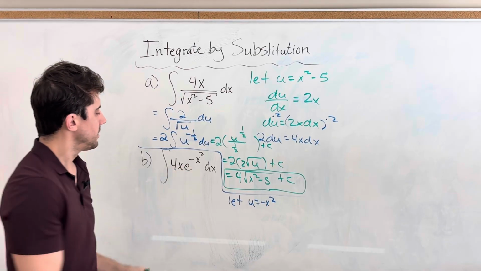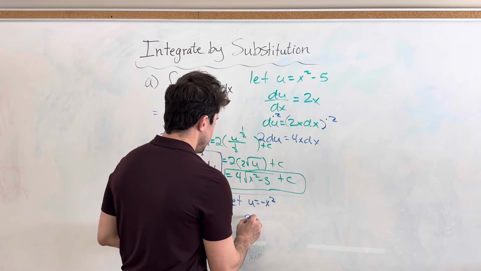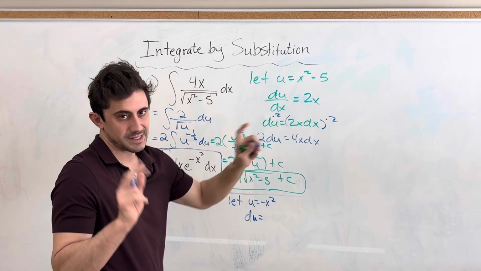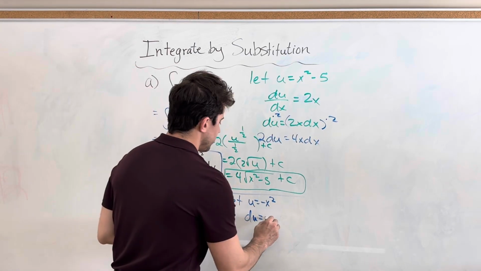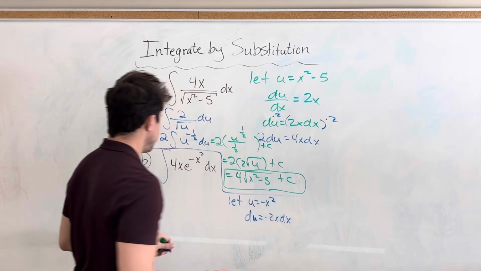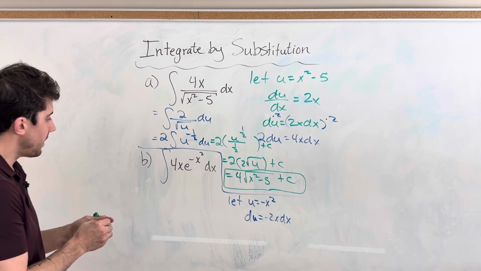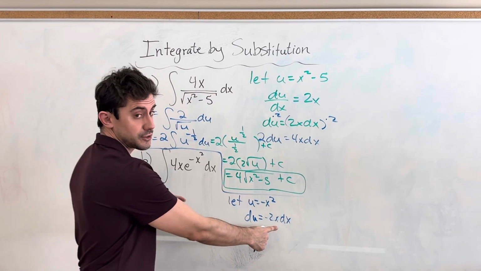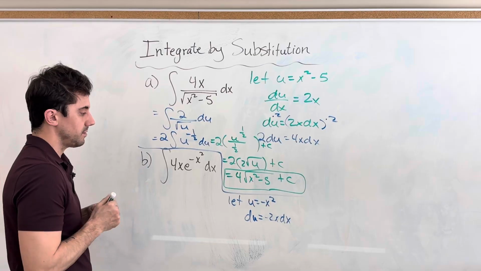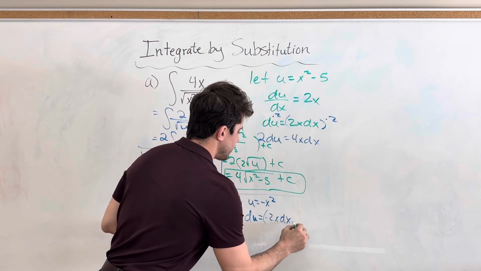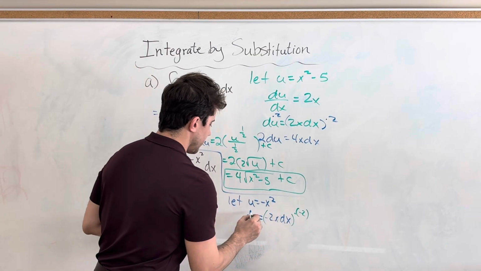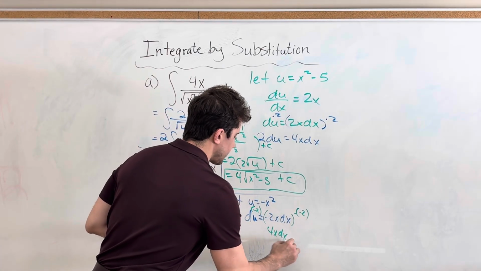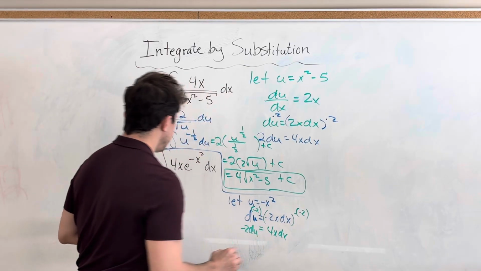Which isn't so bad. So if u is equal to negative x squared, then du is, instead of doing du dx, I'm just going to multiply both sides by dx right away, and I'll say that du is equal to negative 2x dx, right? Now, what we'd like is a positive 4x dx instead of negative 2x dx. And so you might think to yourself, well, we can easily obtain exactly that if we multiply both sides by negative 2. And so that means that we can replace 4x dx by negative 2 du,